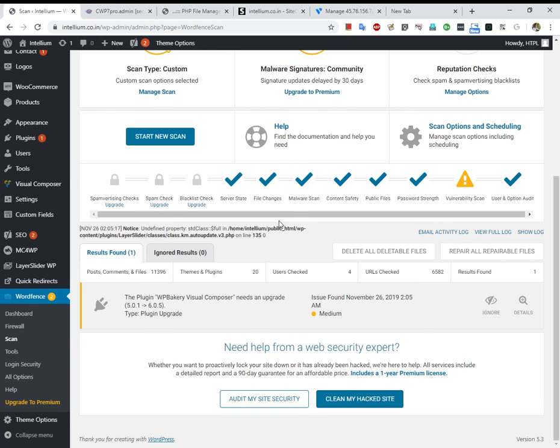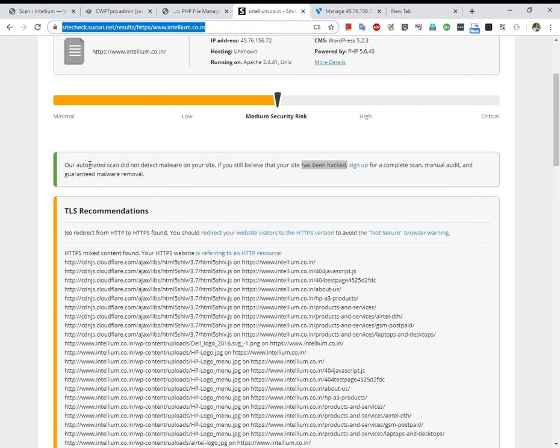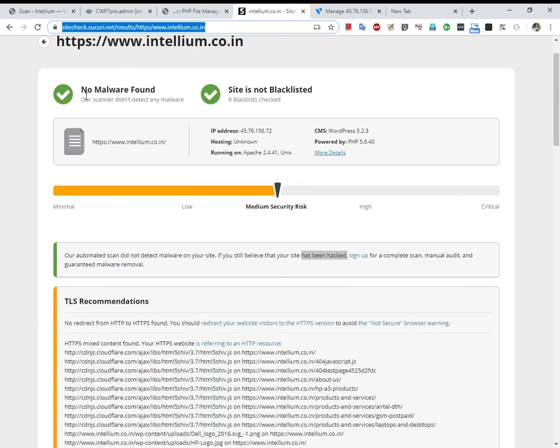For now, I know two such plugins. One is Wordfence and the second one is Security. Security told us that there was no such problem, the site is not blacklisted, and there was no malware found. Still, we detected some code blocks that were not required, and which were at the disposal of someone else, the attackers. So whenever that site came up, it would trigger some email from your server